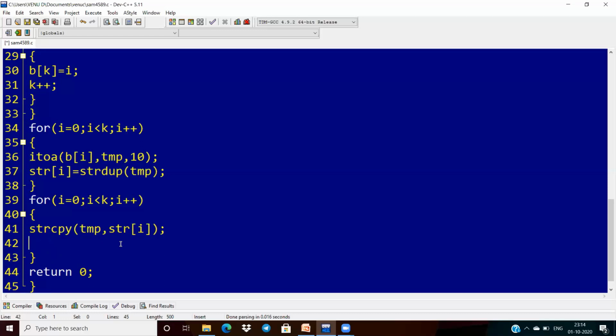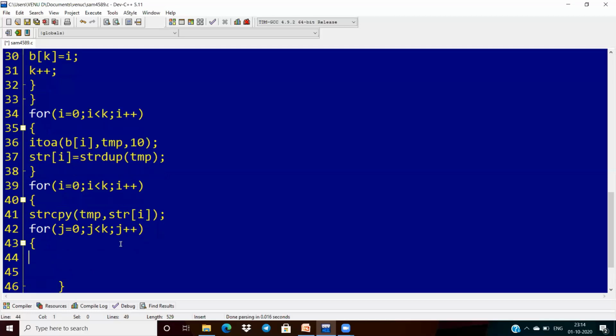And next, take one more loop, like j is 0 and j less than k, and increment the j value here. So what do we have to do here?